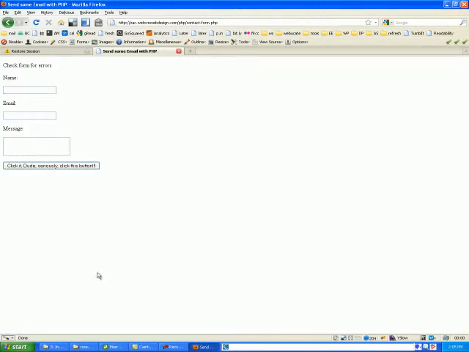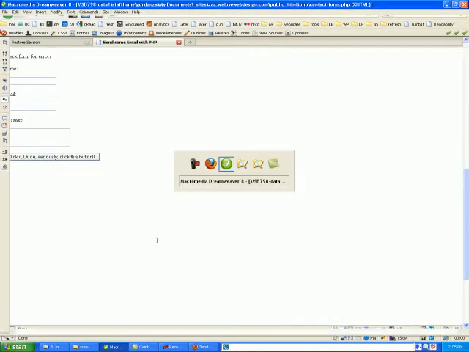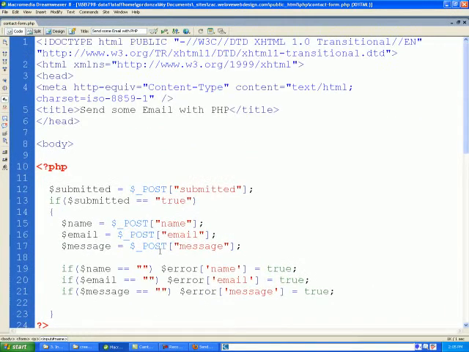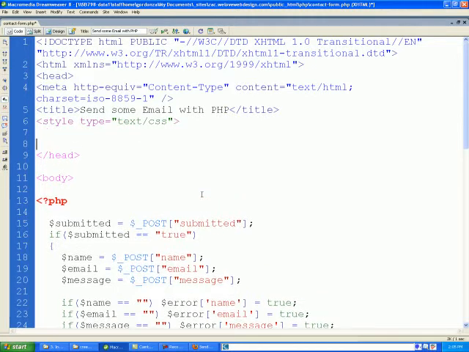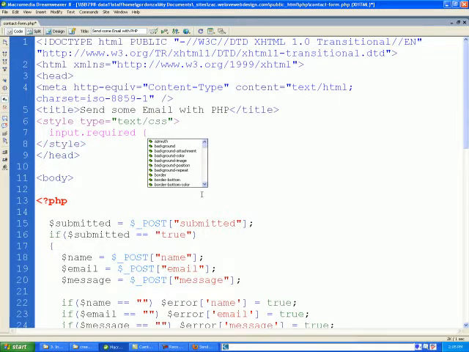And now a little bit of CSS, and we could get that to look red. So let's come up after our title tag, and let's create a little style block. And let's say input dot required, meaning that any input element that has a class of required, make the border